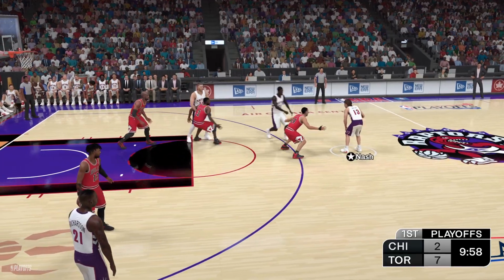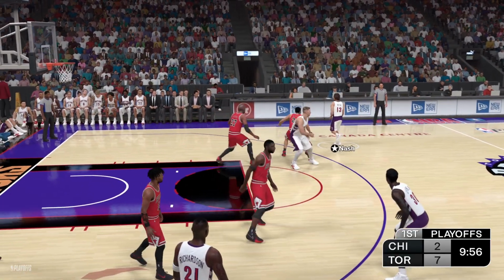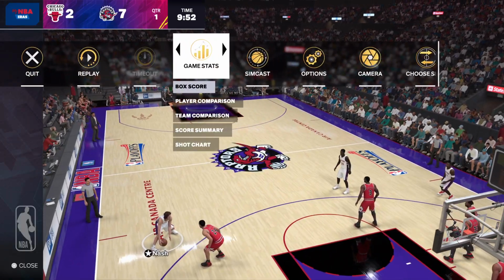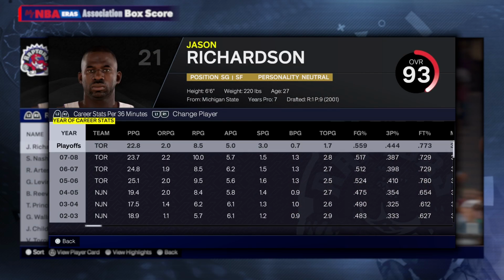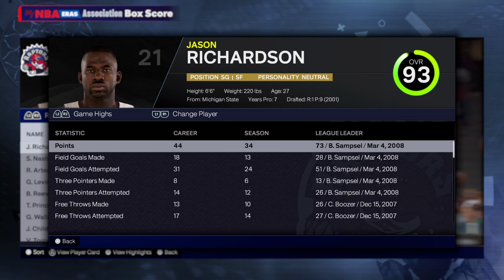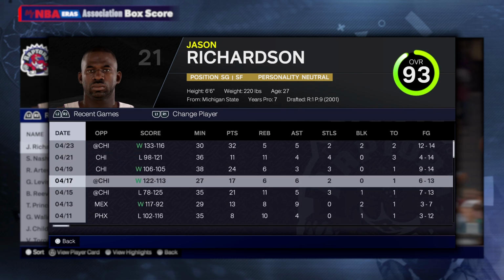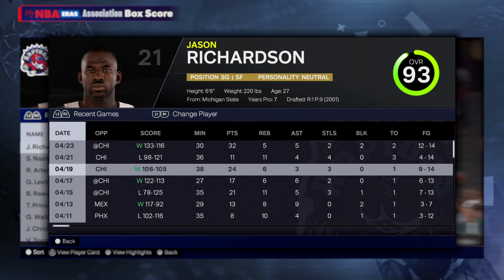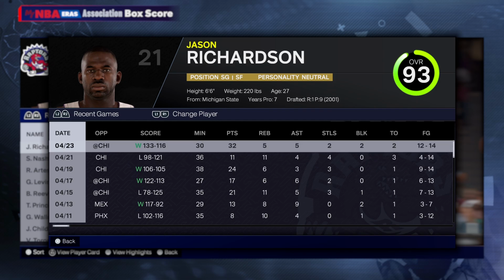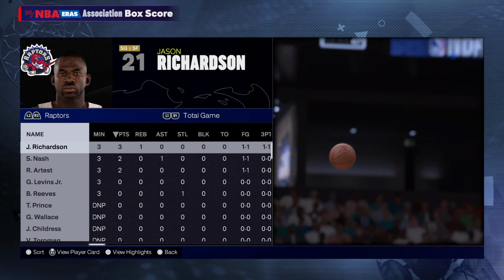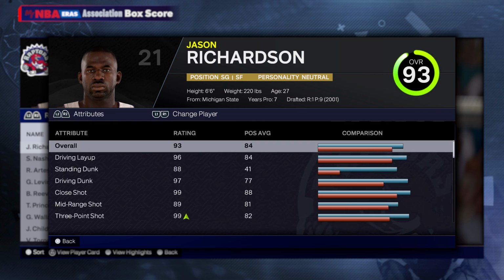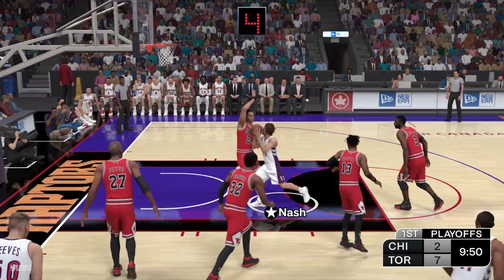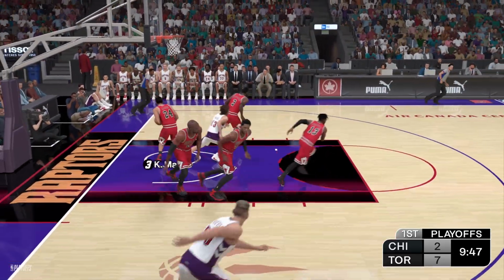Harden against Nash. The rebound goes to Martin.